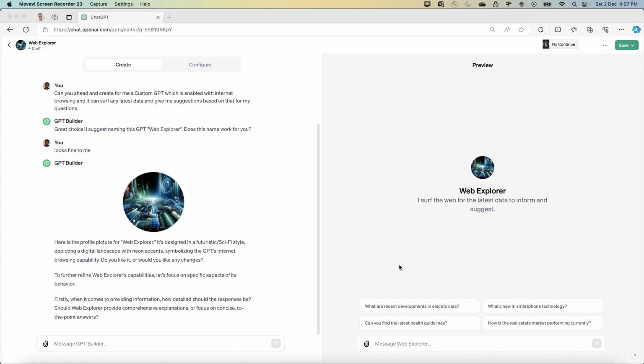Alright, now let's go ahead and complete this questionnaire which AI is asking, basically which ChatGPT is asking. The first question is: when it comes to providing information, how detailed should the response be, and should Web Explorer provide comprehensive explanations or focus on concise, to-the-point answers? I would say concise, and let's depend on the user, right? So it depends on that